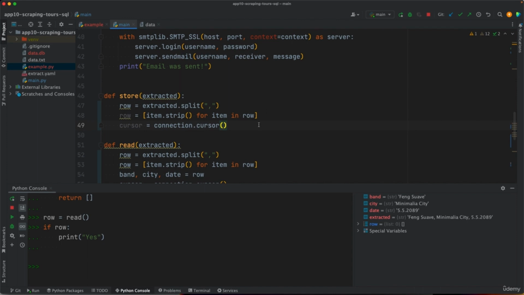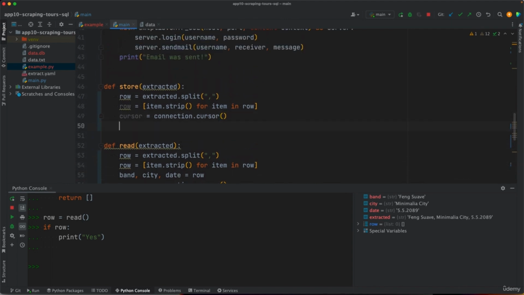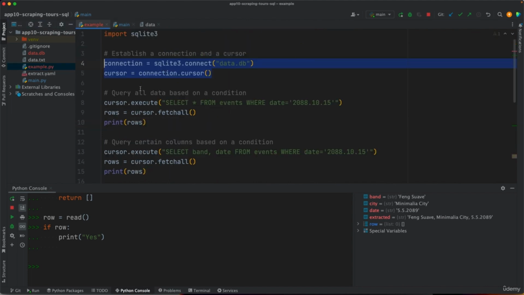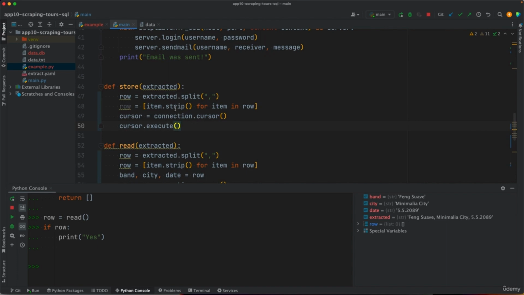So it's good to have a separate cursor for this function and a separate cursor for that function. And then cursor.execute. Previously we used executemany in the example.py file to insert rows to the database, but that was the case when you have multiple rows. For this application we only expect one list, so this will be one list with 3 items. In that case you can use execute and do insert into events